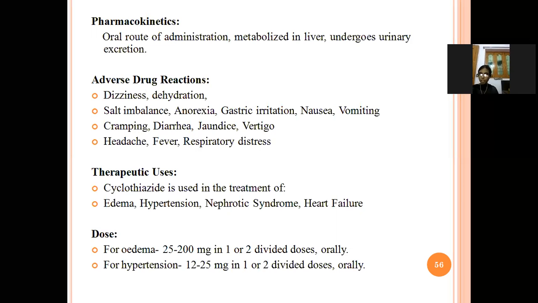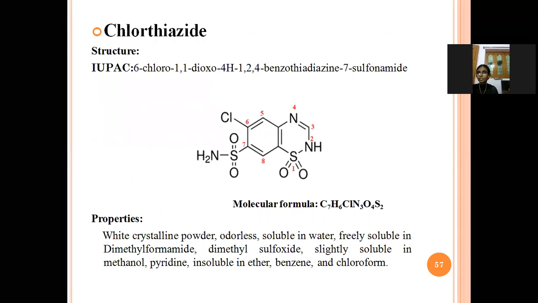So uses, it is used in the treatment of edema, hypertension, heart failure, nephrotic syndrome. And dose for edema, we should take 25 to 200 mg in a single dose or two equally divided doses by the oral route. And for hypertension, 12 to 25 mg, one or two equally divided doses should be taken by the oral route of administration. Next, chlorothiazide. This is the structure of chlorothiazide, and the IUPAC name is 6-chloro 1,1-dioxo